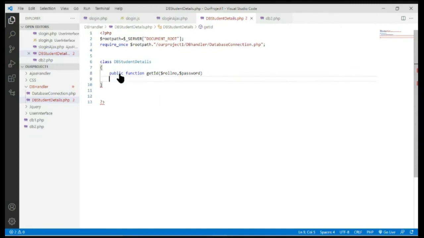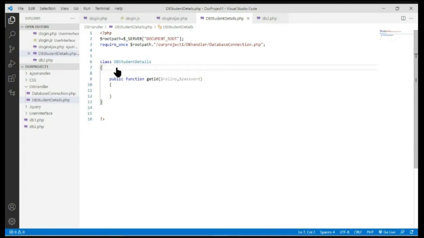That's a public function whose name is get ID, and it will take roll number and password as input parameters. You do not have to name them roll number and password, you could write A and B, but I'm trying to give meaningful names. Inside that function itself I'll write in a comment what I want this function to do: connect with